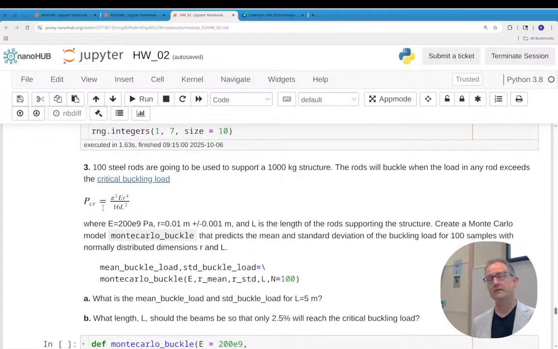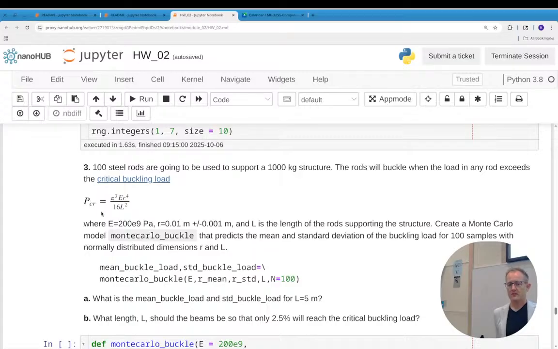So it's not, usually Monte Carlo simulations use random numbers, but it's a very specific equation. The equation is propagating those random numbers into new forms. So one way that we can think about this is, okay, radius is a normal distribution. I'm going to assume the buckling load is also a normal distribution. So let me figure out